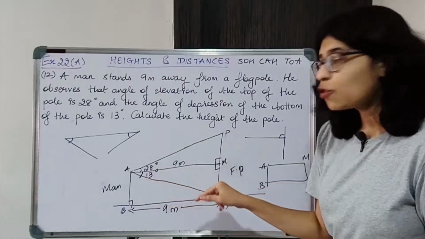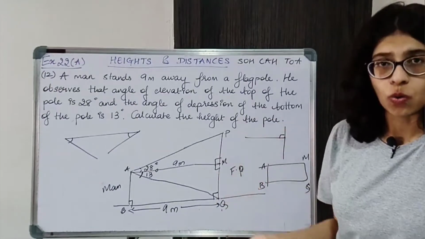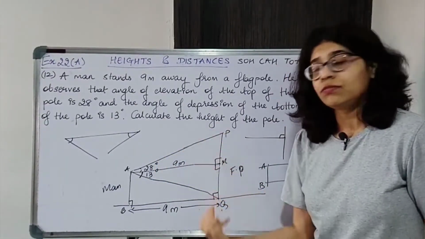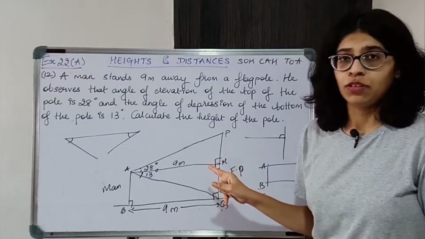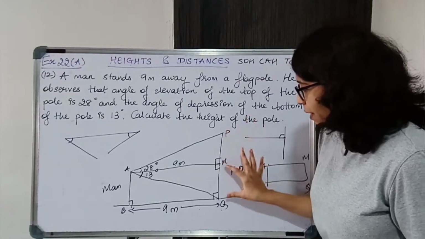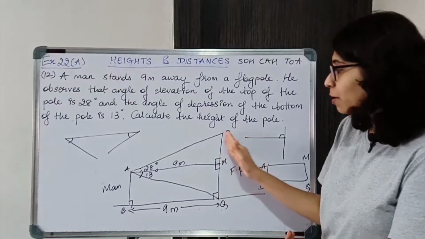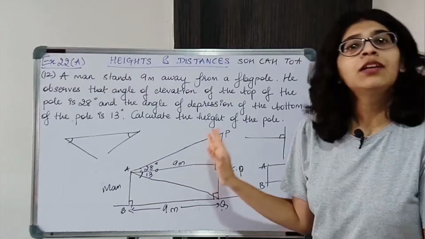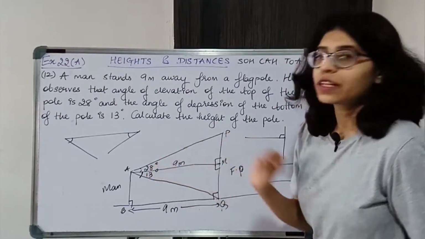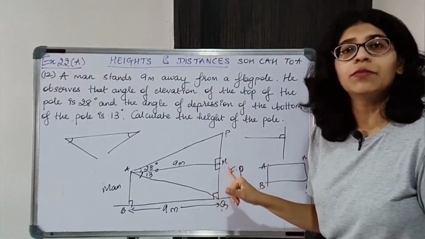ABQM is a rectangle, therefore opposite sides are equal. So BQ and AM are equal. Now, over here we need to find height of the pole. PQ find करना है, height of the pole. PQ, I can split PM and MQ को join करके PQ बनेगा, because I cannot find PQ directly. PQ is not a part of any right angle triangle. So PM is a part of a right angle triangle and MQ is a part of a right angle triangle. So using trigonometric ratios, I can find PM and MQ.